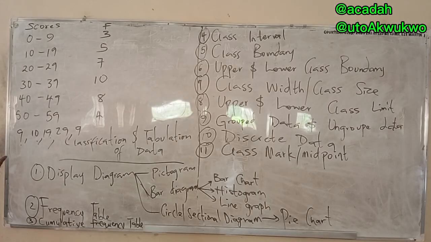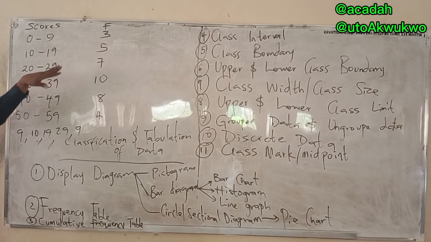Now that you've noted that, you've learned what is upper limit, what is lower limit, what is class size, also called class width, and then you now know what frequency is. That in statistics it simply talks about times of occurrence, or a number of occurrences, number of people or number of events. So if you know that, we move to the next one. And the next one is simply what we call class interval. Class interval is sometimes represented with I.